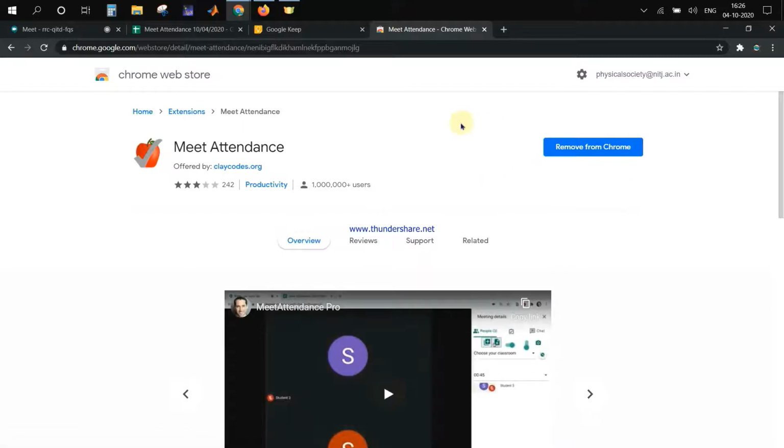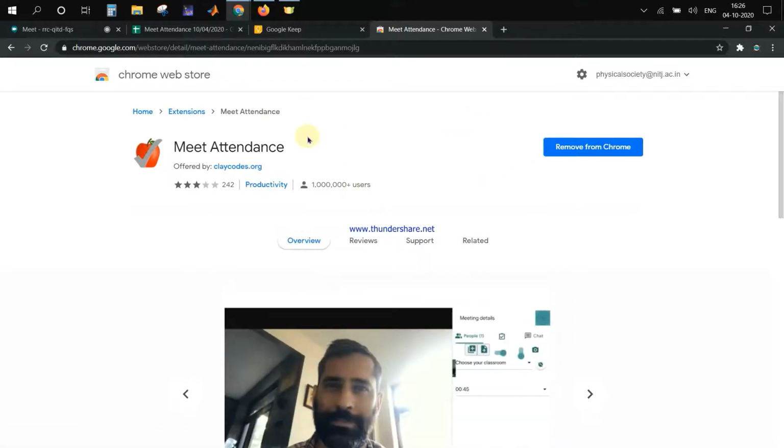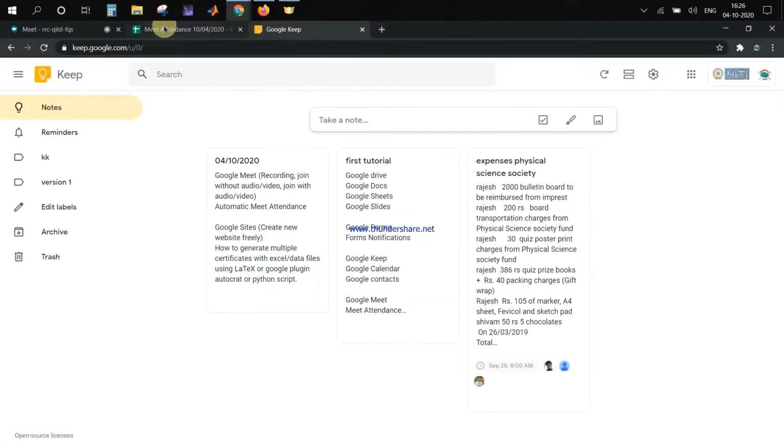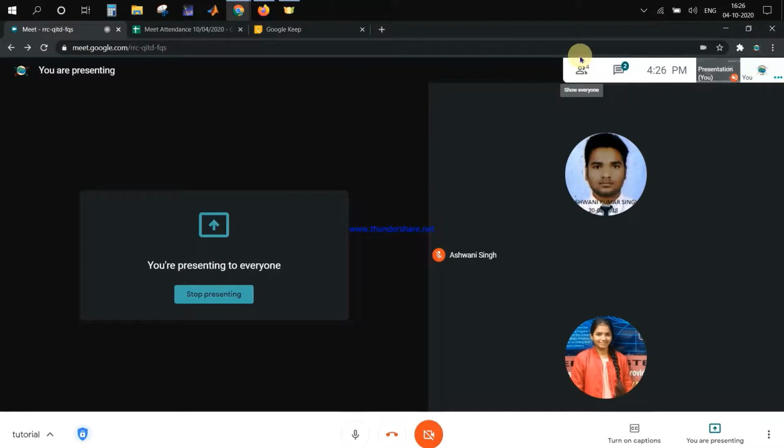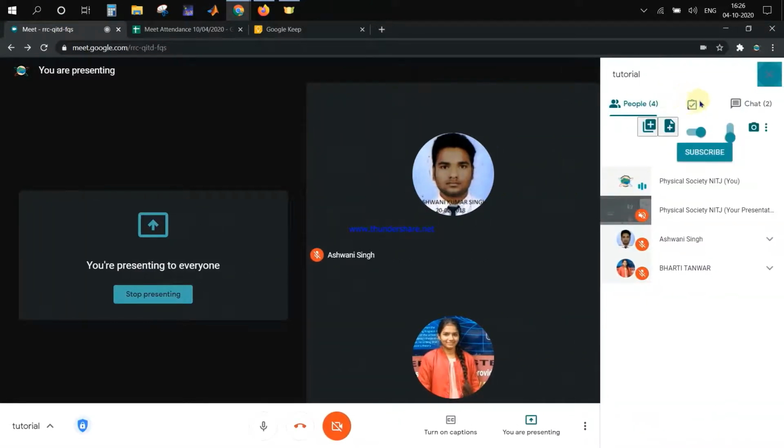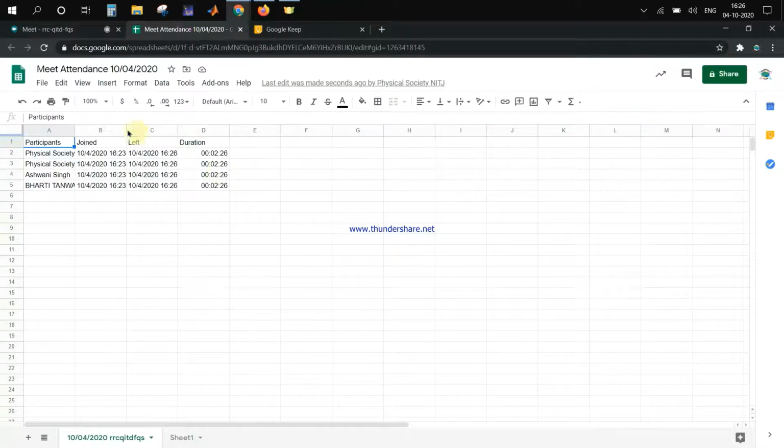So when you install this, log in, and sync this with your Google account, after refreshing your browser, you will get this icon here. Okay, so there are two options: add sheet, new sheet. If you click new sheet here, it will create a new sheet.